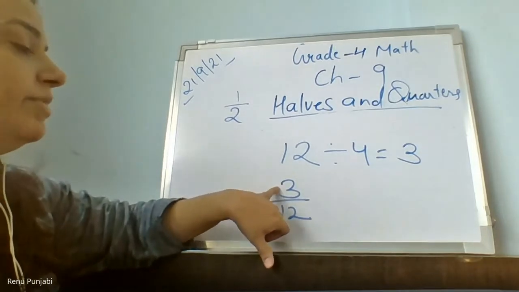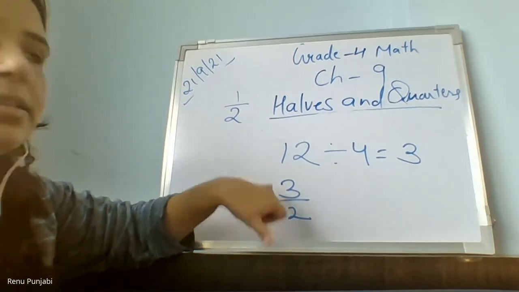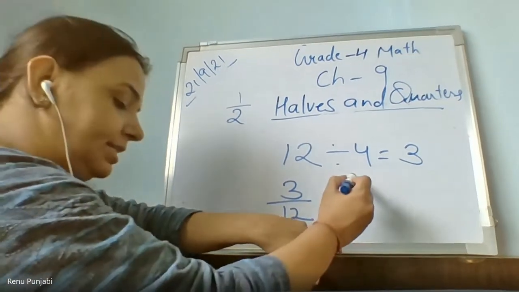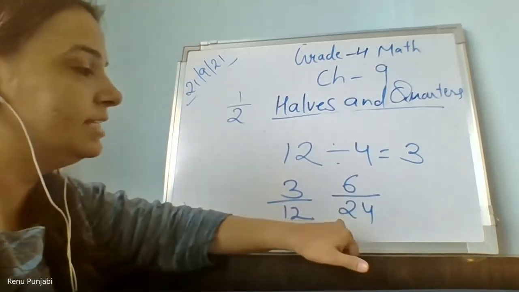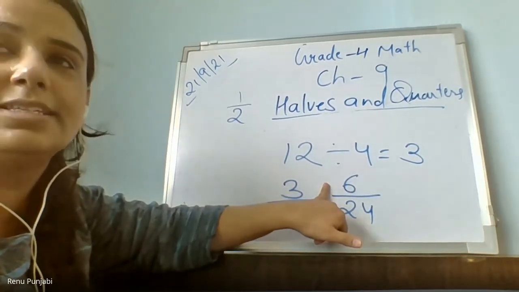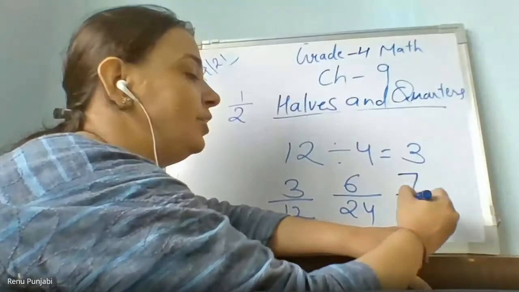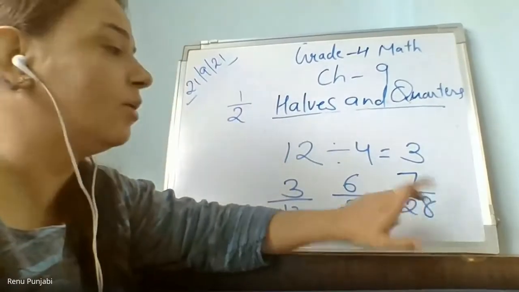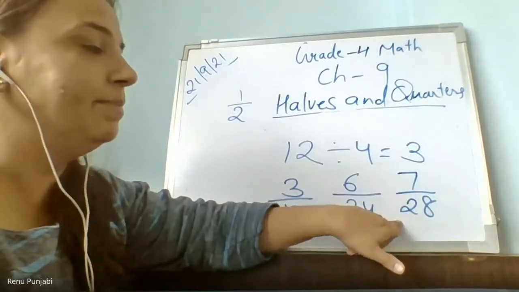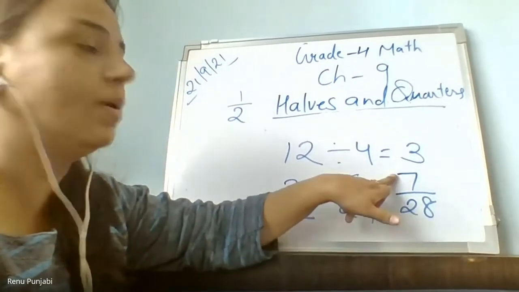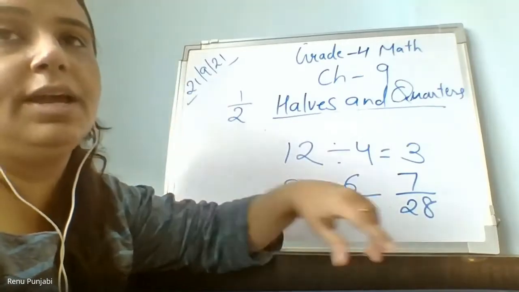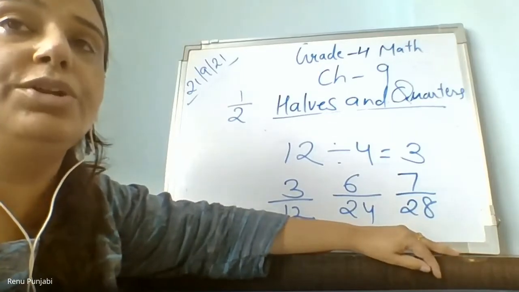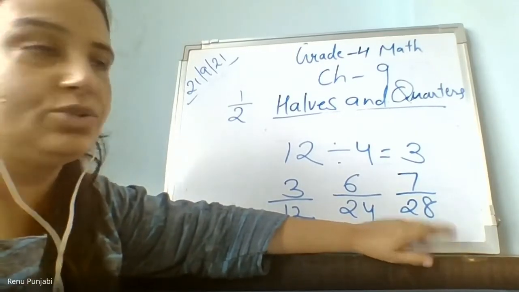Okay, ma'am. And you can directly say the table of that number 4 times, and it will come to 12. 3 4s are 12. Suppose you want to write 6 upon 24, 6 4s are 24. So the quarter of 24 is 6. 7 upon 28: the quarter of 28 objects is 7. If you say the table of 7 four times, it is 28. The quarter of 28 is 7. Suppose you have 28 chocolates and you want to distribute them to 4 friends, each one will get 7.